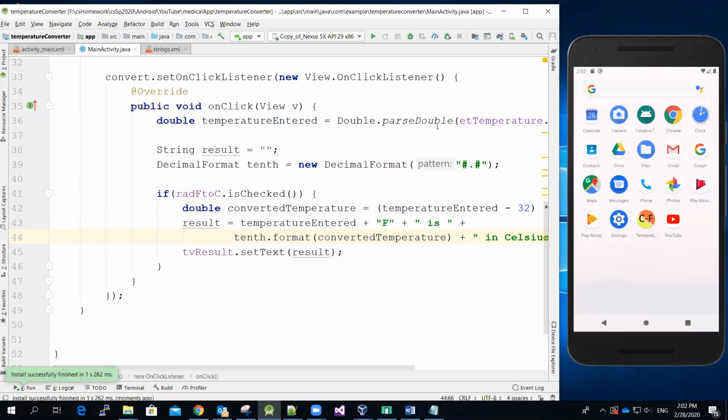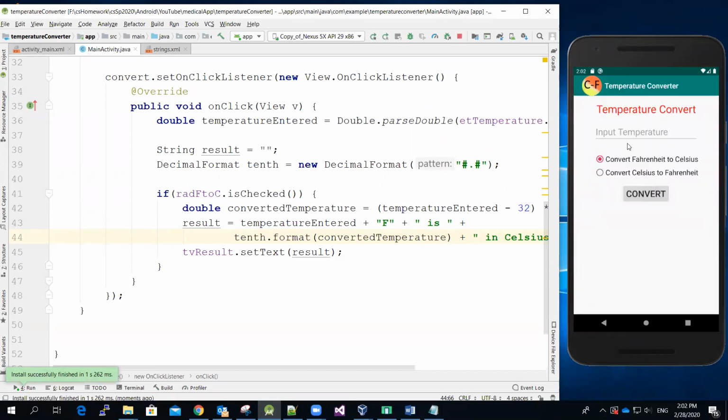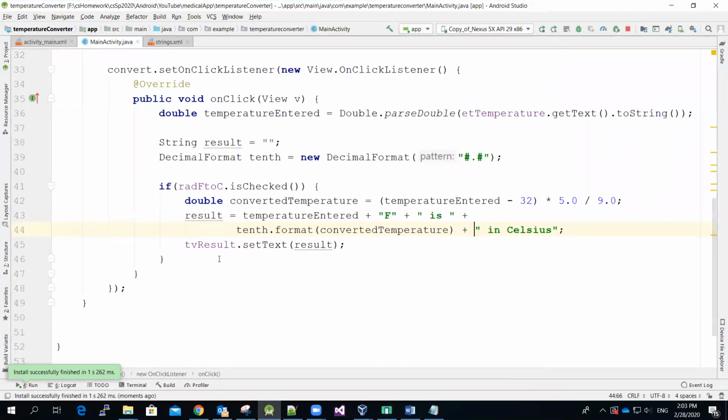All right, so let me run it. 100, and then convert. Not bad, not bad. So I think this should be fine. 100F is this amount in Celsius. So I can use the same logic. Now I can use the same logic for the radio button to convert